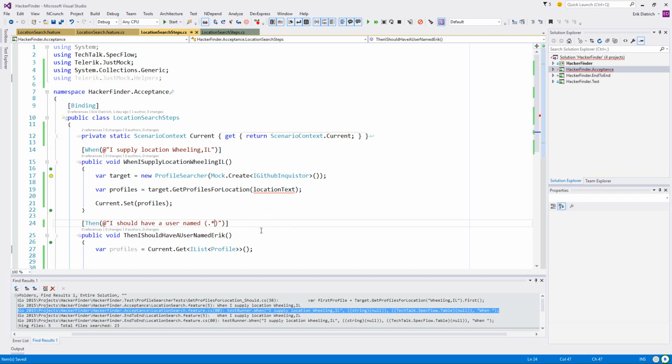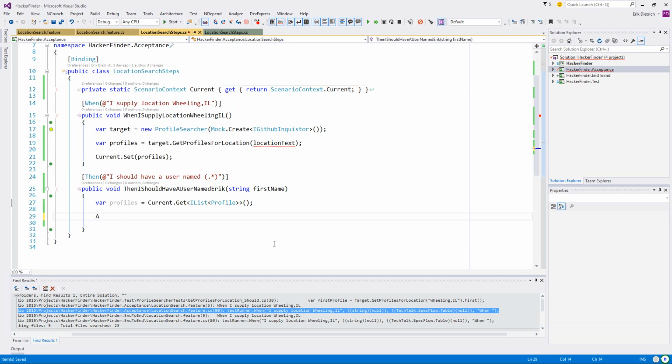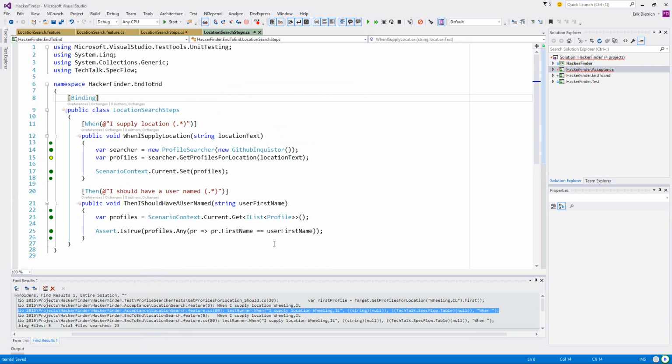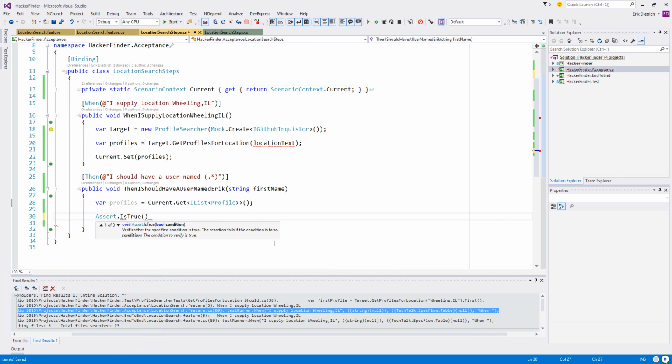I'm trying to get a little more idiomatic with this stuff. And then I want to assert that there's a profile in there. So assert that there's any, oops.